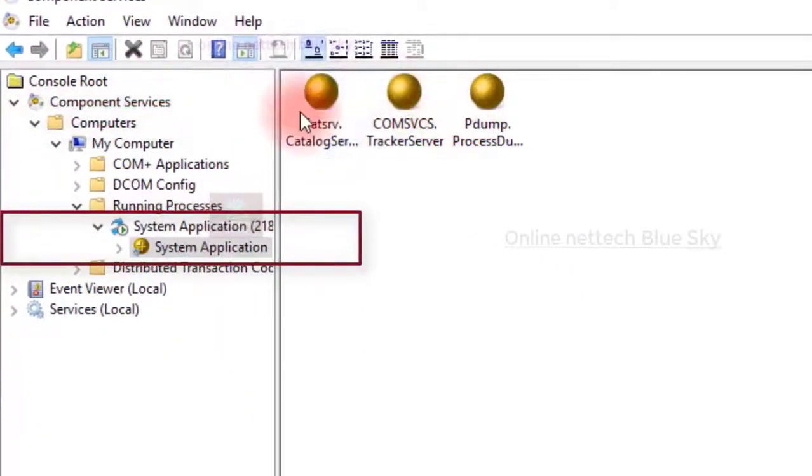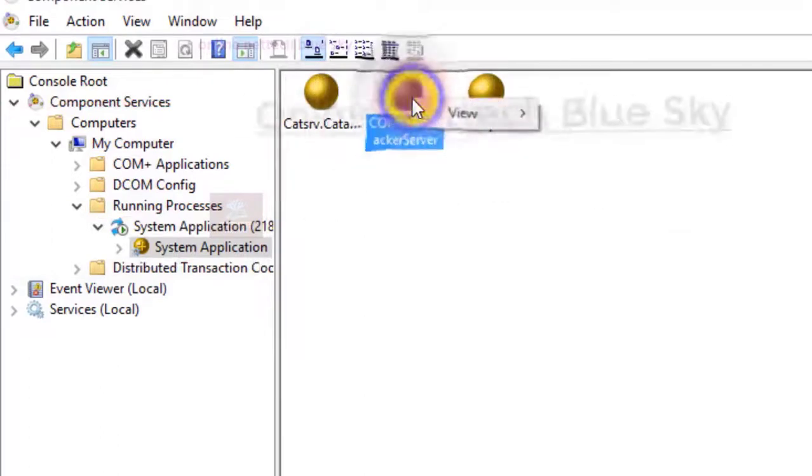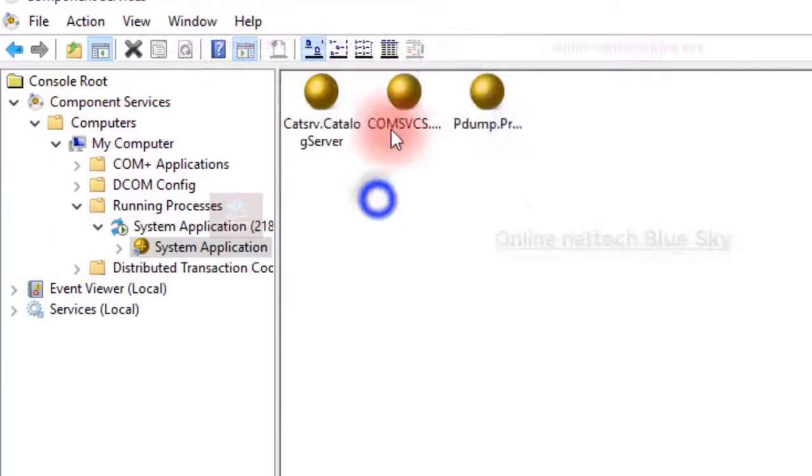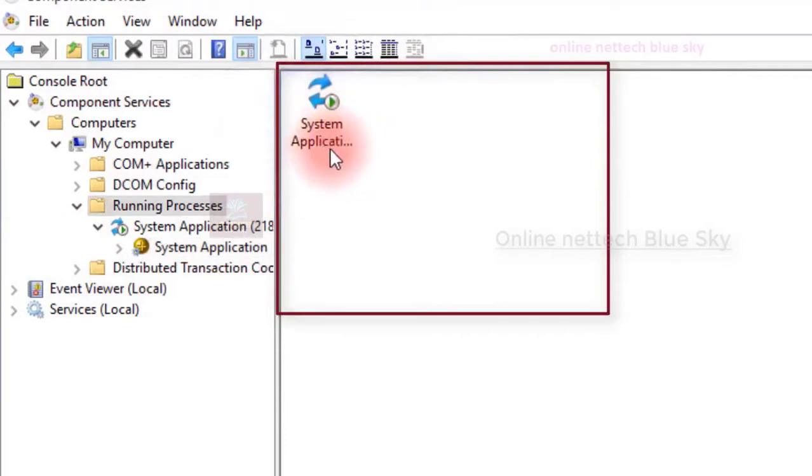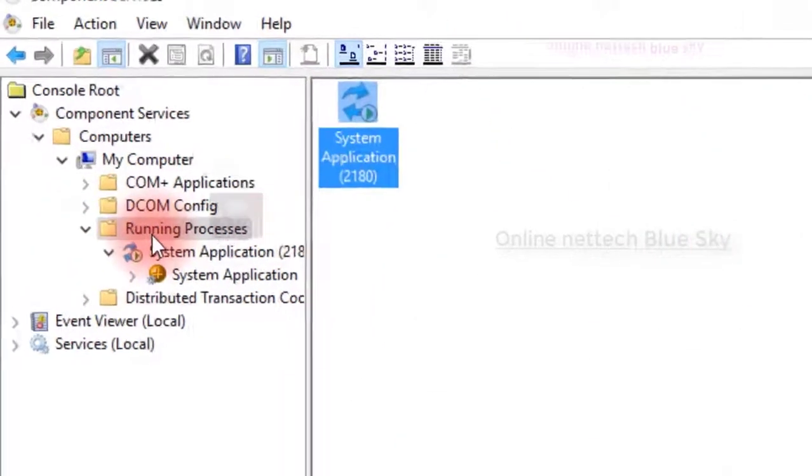perfectly these three tabs are available. Why three tabs? Because this is a very important system application, just like your notepad, your start menu, anything. So every process, every system starts from here, and you can see it here. Anytime your system is not working, you can check here.